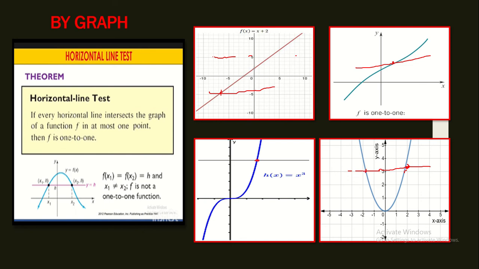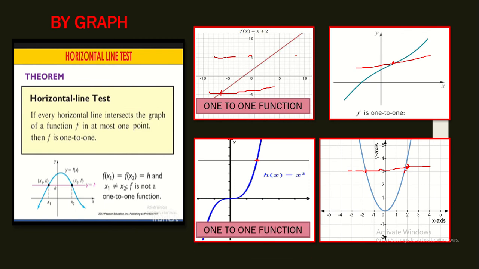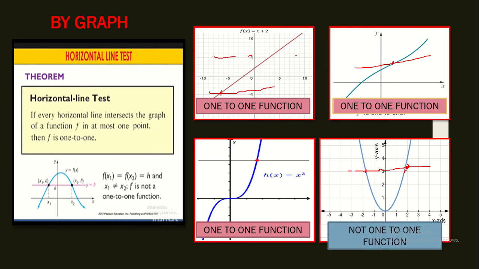So, let's identify now. The first graph is a one-to-one function since isang beses lang dumaan yung line sa kanya. Same din dito, one-to-one function. One-to-one function, eto na. It's not a one-to-one function kasi dalawang beses dumaan yung horizontal line doon sa graph. Okay? Next,